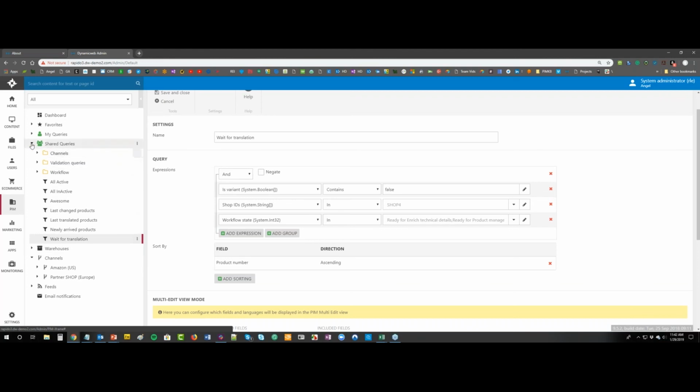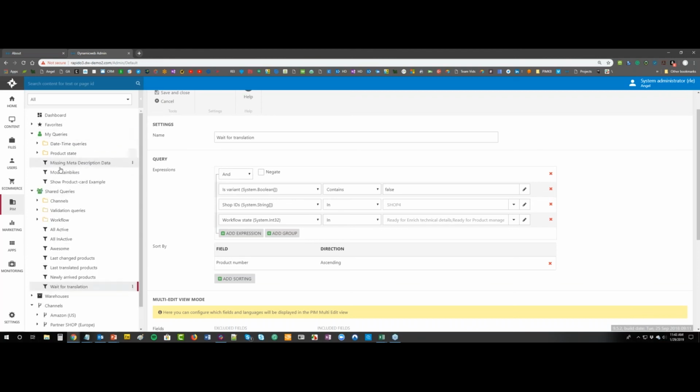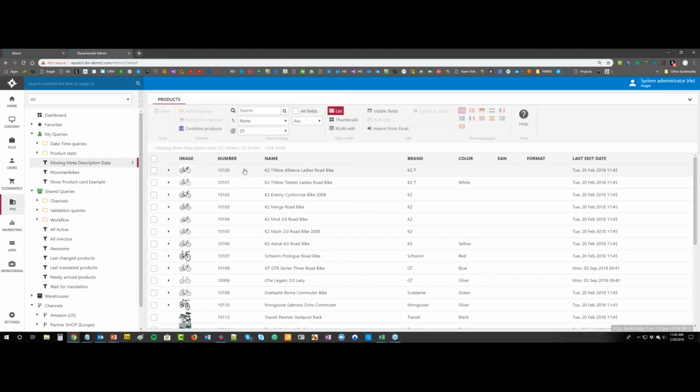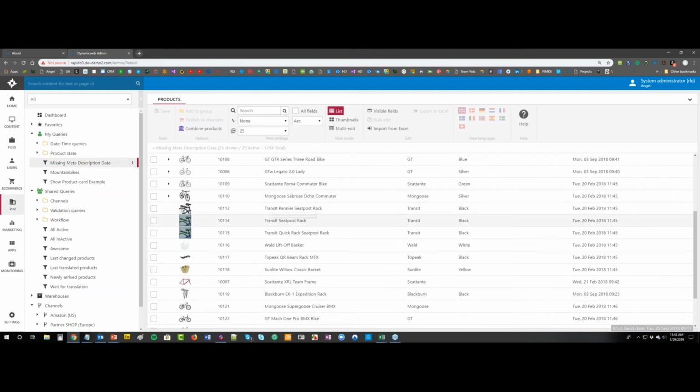An even easier one is here under my queries. So let's say focusing in on missing meta description data. So any of you marketing people out there, you know that the meta description of pages and products is essential. And sometimes with going live, people take shortcuts. I know I do. So let's say these 3 bike racks, they're appearing on this list because they're missing meta